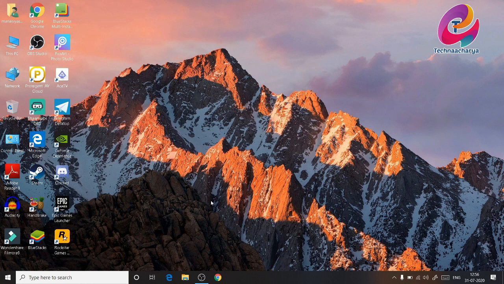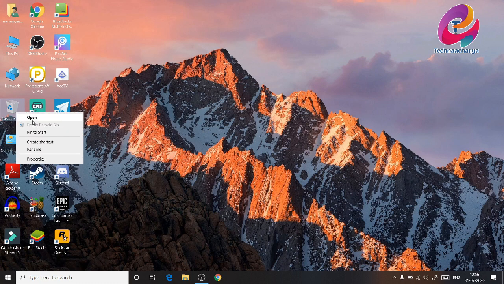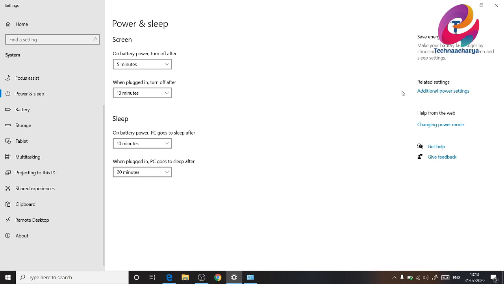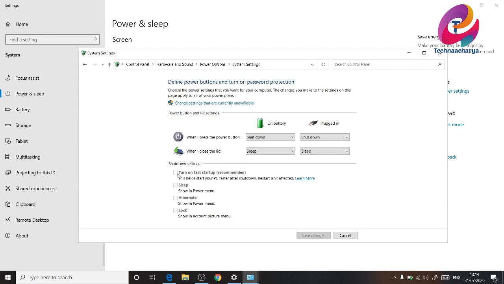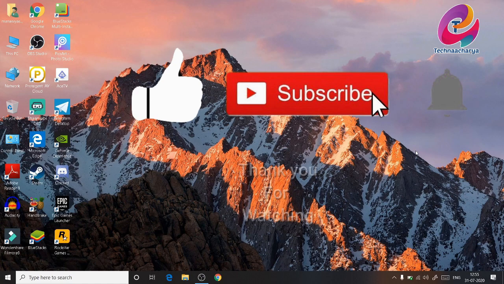Now see, your recycle bin is empty. Just right click on it and clear the recycle bin. And in the power and sleep mode, go in the advanced settings, then change power options and then system settings. Then uncheck turn on fast startup. You have to follow just these steps. It will make your PC run